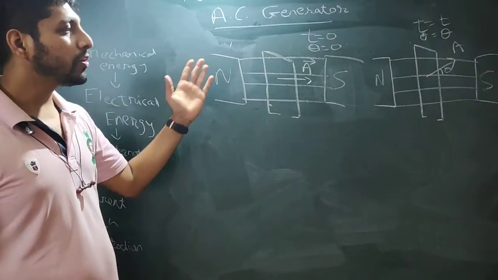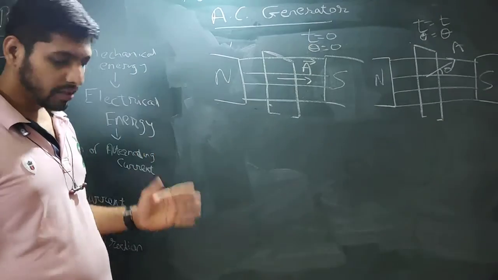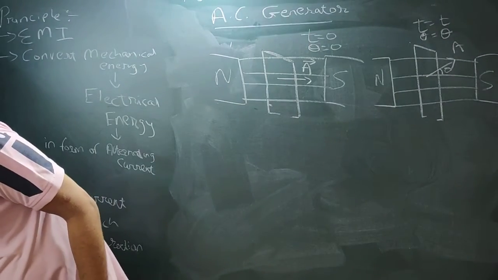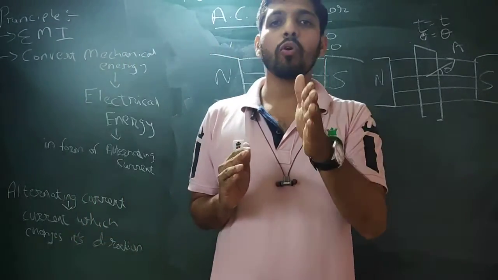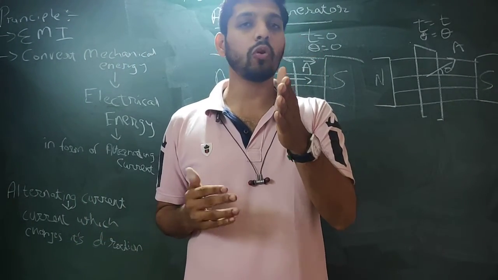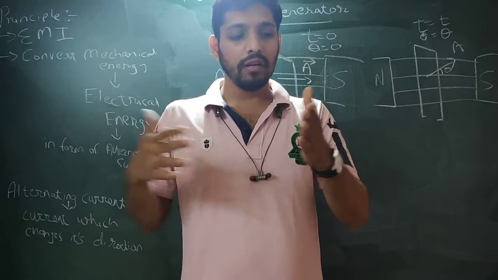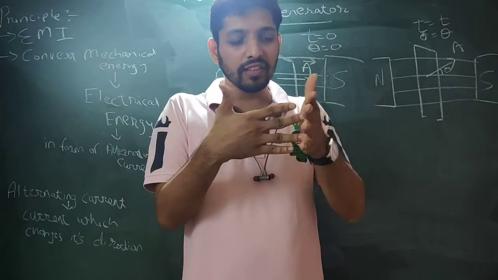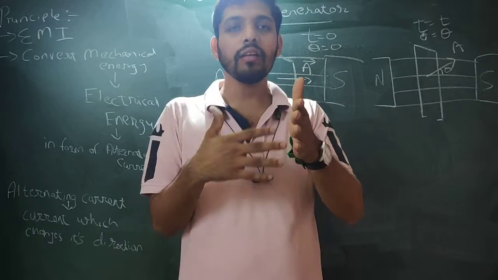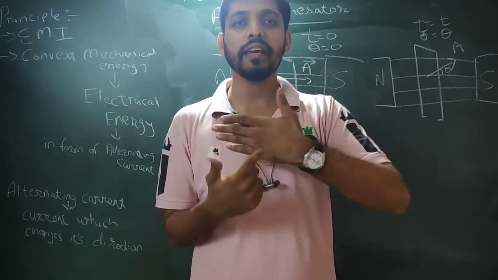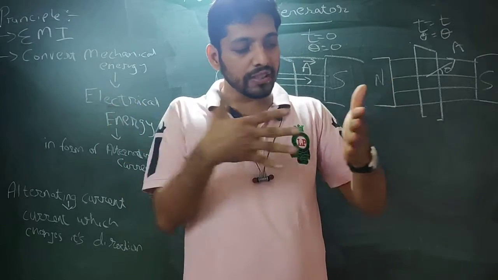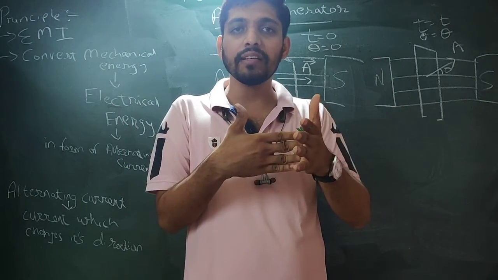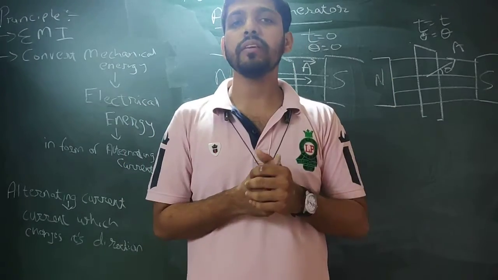Okay. So we'll be moving towards the working of this AC generator. Initially we'll take two conditions. Initially, these are two magnets and the coil is in this manner. The magnetic field lines are going in this way and the coil is at this angle. Then the area vector will be in this direction. The area vector is always perpendicular, so the direction of the magnetic field lines and the area vector will be the same.